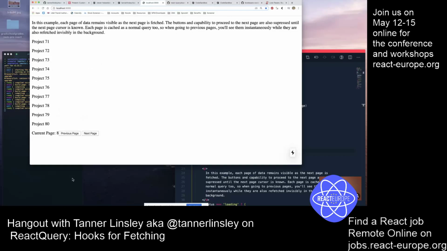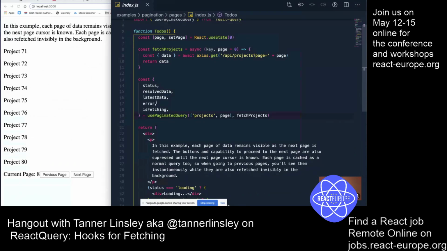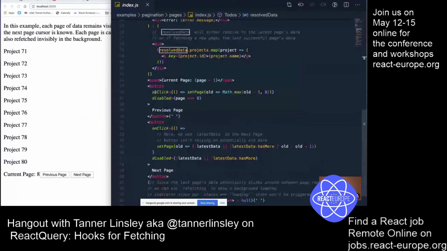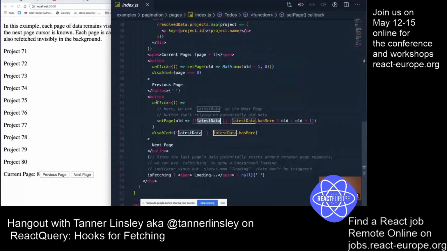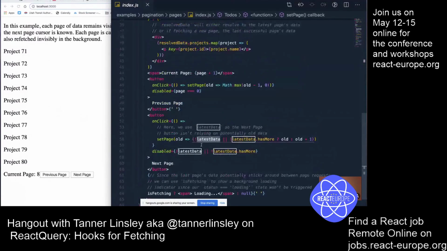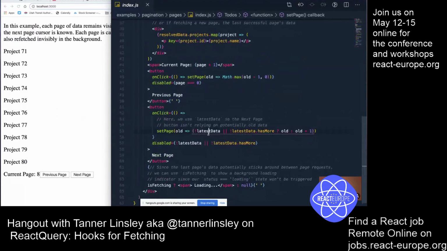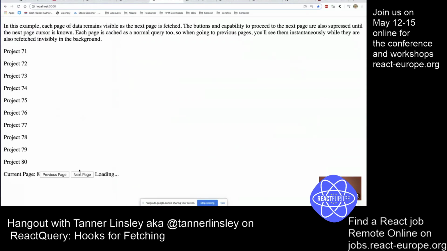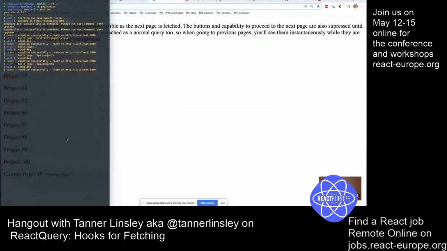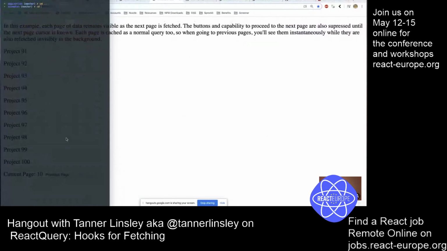And you also have access to this latest data and resolved data so that you can let your component know, hey, don't allow the user to go to the next page unless we have specified that they're allowed to using the latest data and not the cached data. So use pagination or use paginated query is very powerful for keeping results from the last page around while you're loading new results. And then very similar is